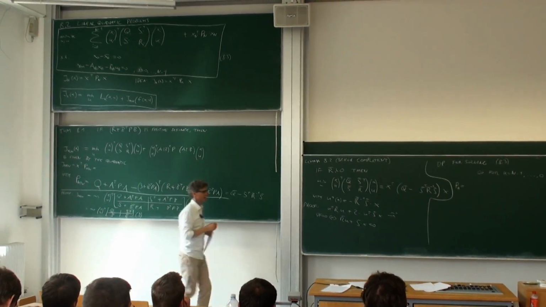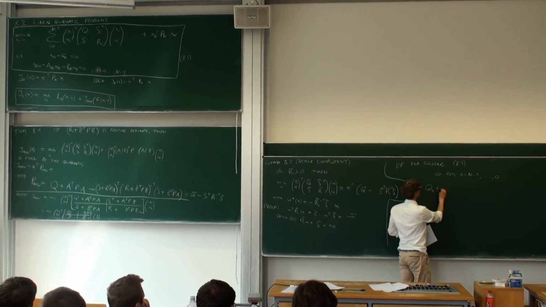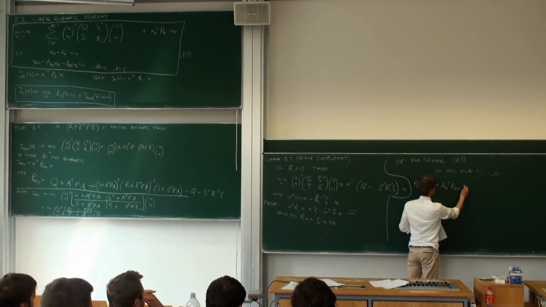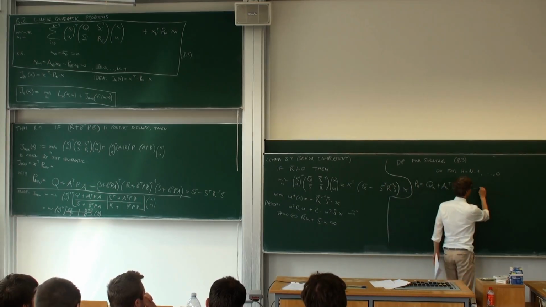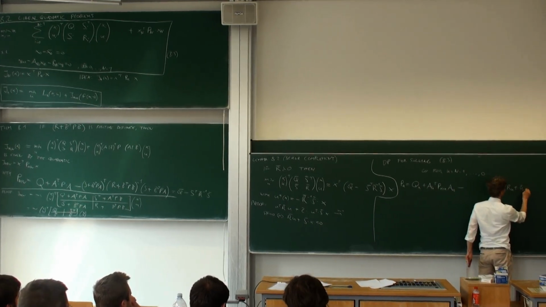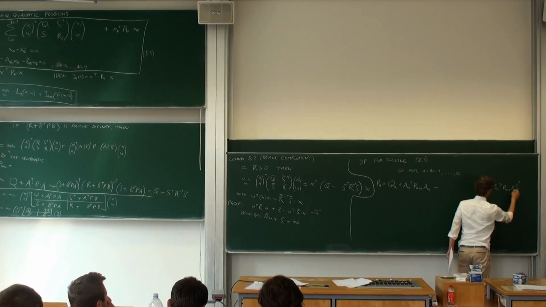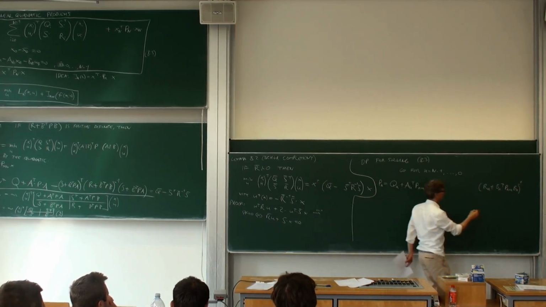So P_k is equal to Q_k plus A_k transpose P_{k+1} A_k, which is what I need to copy here, and then minus, and here I put R_k plus B_k transpose P_{k+1} B_k to the minus 1, and now I need to have these blocks on the left and on the right, for which I need to